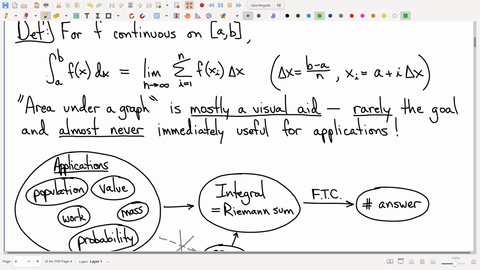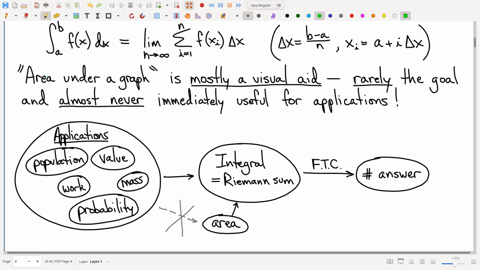That is absolutely not what's going on here. This is really, really important for applications. As follows: let's pretend that we didn't have Riemann sums. No Riemann sums. Now let's suppose we were to define integrals as just being area under the graph